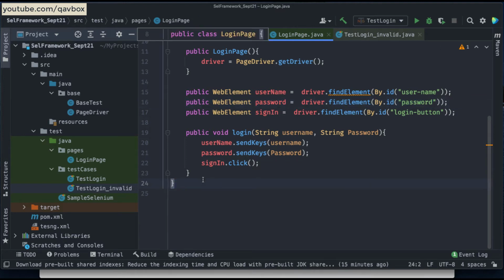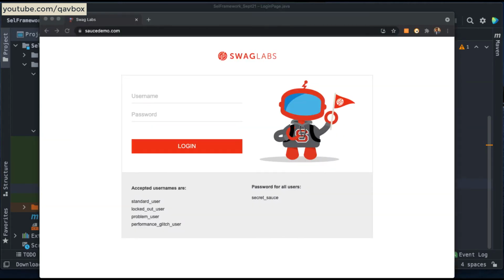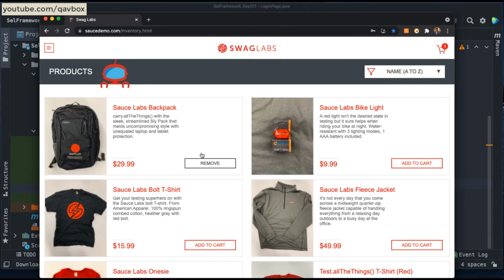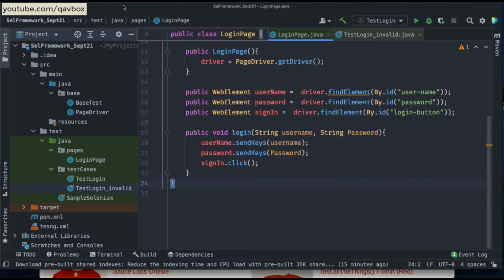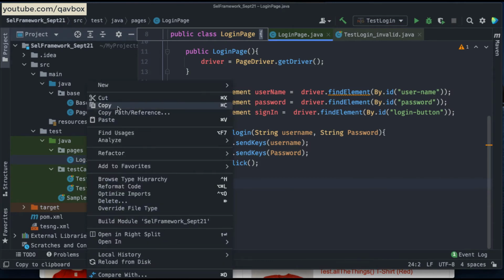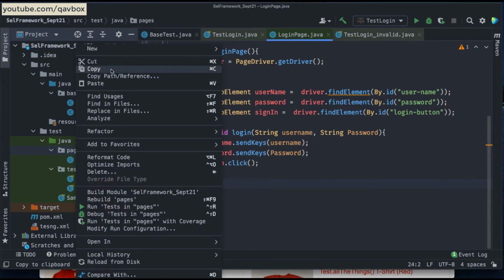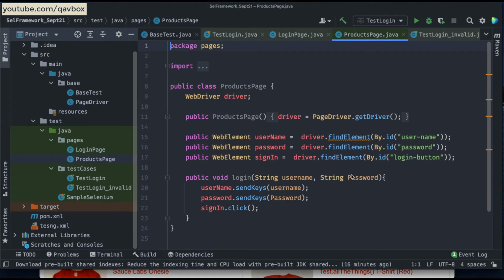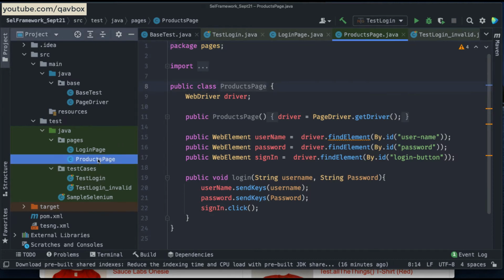Now another thing is, so this is about a page object model, right? Now think about tomorrow, after you log into this, let me show you this one. Now after this is my product page, right? So what you can do, you can copy this one and you can create another page class, and that should be your products page. So depending on your application, whatever that particular screen is all about, whether it is account, themes, settings, whatever it is, you can just create that page.